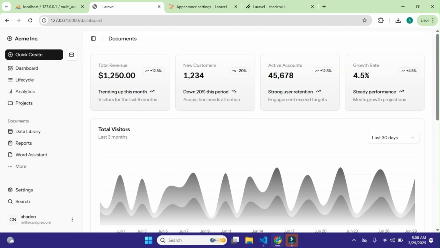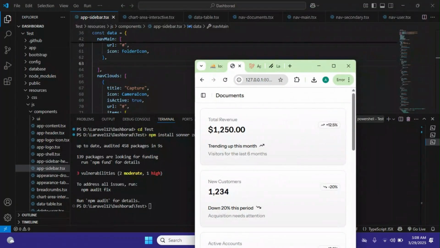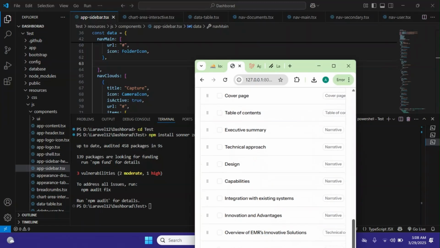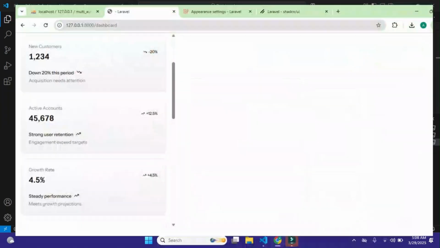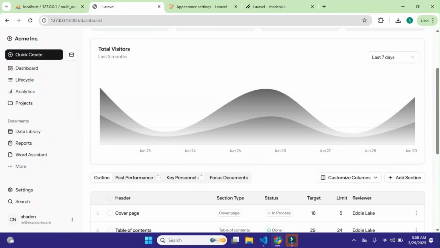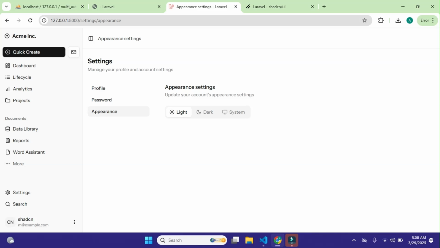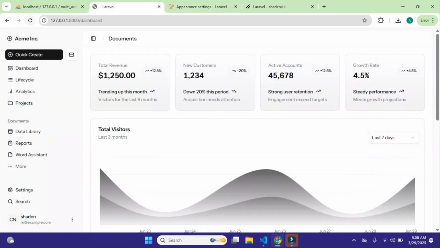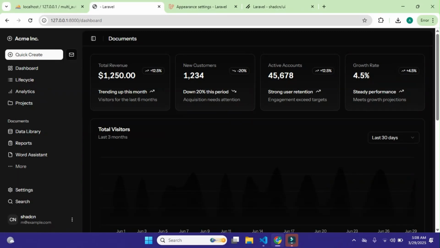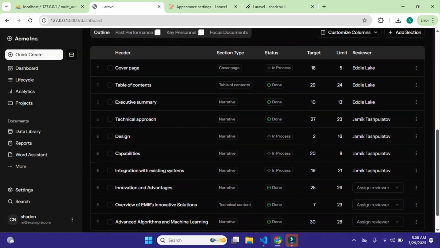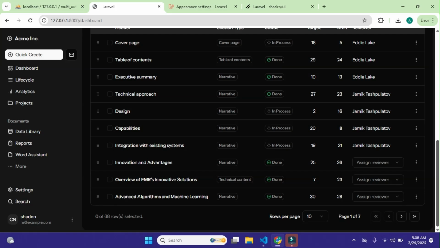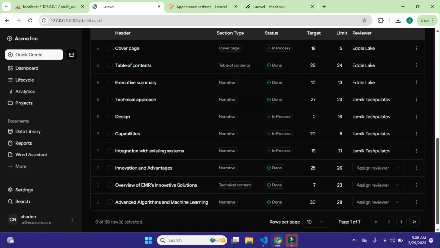Okay, and one more thing that I'll show you is that it is responsive also, and that's the amazing thing. And one more thing in it that I like the most is when I simply change the appearance of this theme to dark, and then I simply reload it, it automatically changes the appearance of our dashboard template, and here you can see it changes all these data tables and all the things to this dark theme.